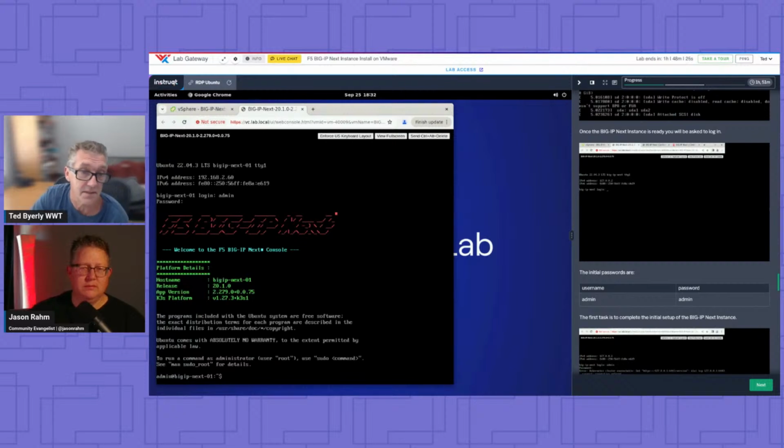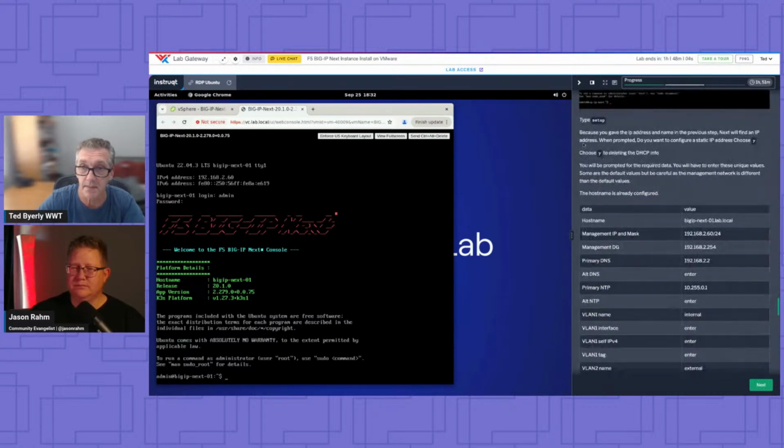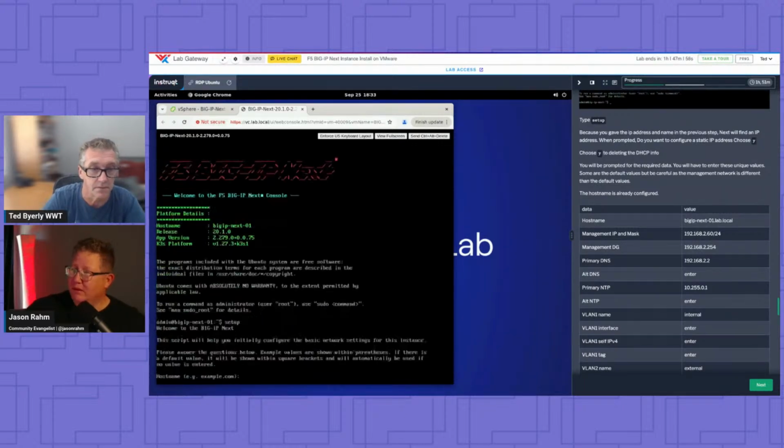And F5 continues releasing new versions, and that's what we talked about. Just because a feature that you need is not available in Big IP Next, it can be. Some of the future labs will cover how to upgrade Central Manager, how to upgrade Next, right? Some of those steps we're going to be working on, but right now it's that. So you get in here, and the first command is going to be setup. Yeah, 20.2.1 I think is the latest public release.